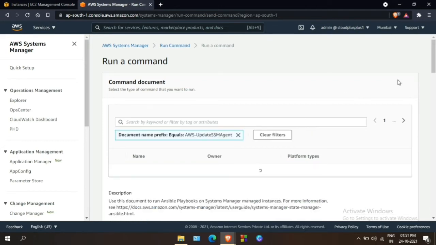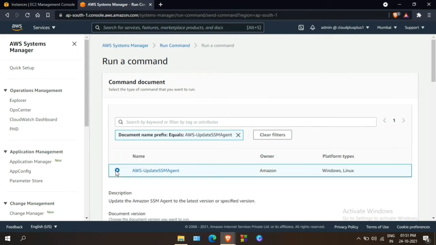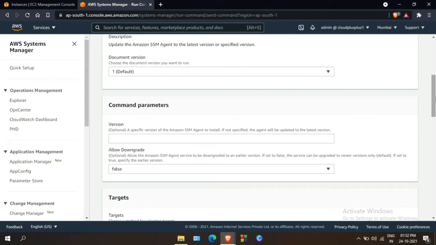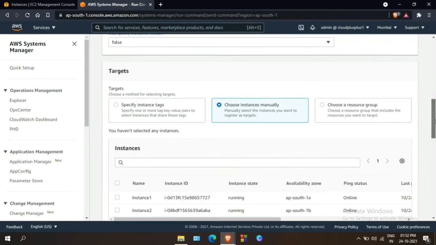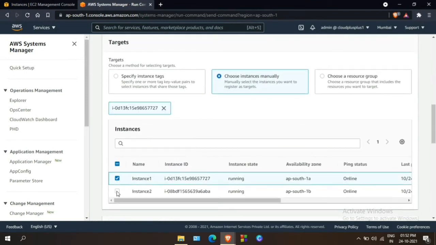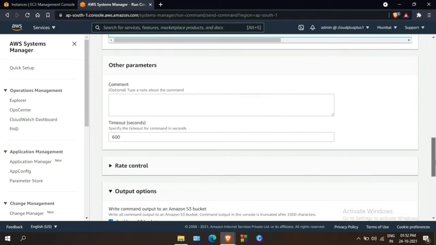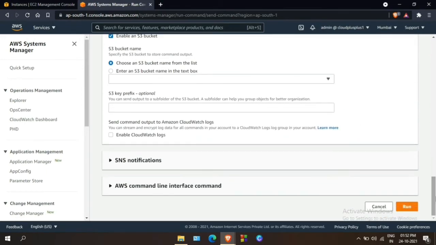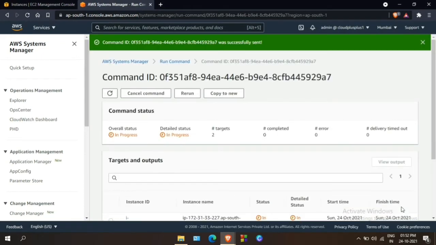Press Enter. Select the radio button and scroll down to Targets. Select Choose instances manually and select the two instances created previously. Scroll down to the bottom and click on Run to run the command. Once redirected, wait until the status changes from In Progress to Success. After that, it signifies we have updated the EC2 instance SSM agent,